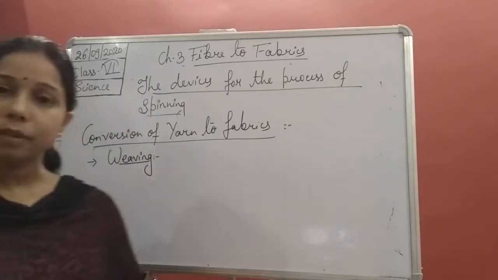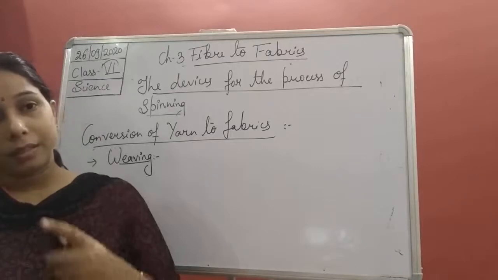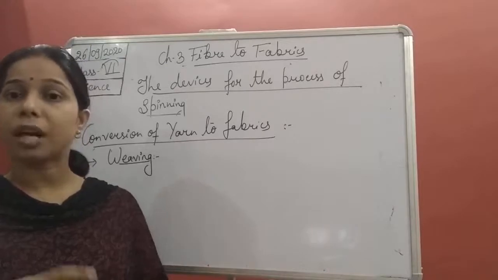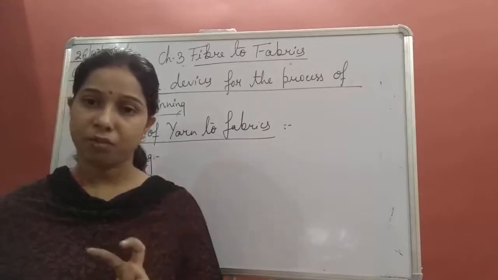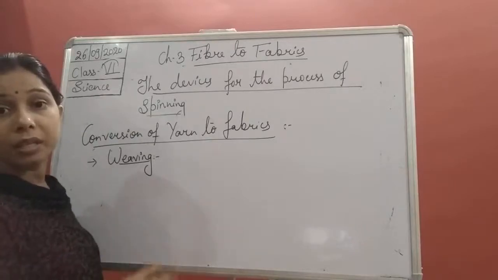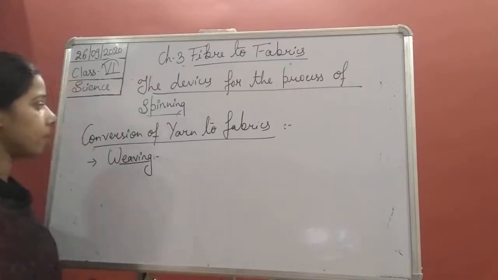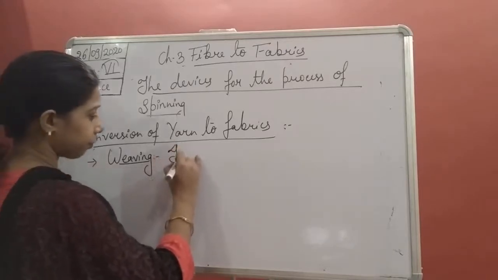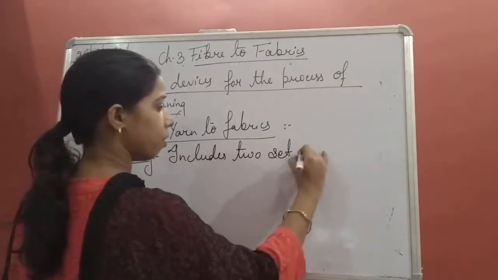In case of weaving, students, what we have to understand is that yarn to fabric is there. It means we need yarn to convert it into fabric. For that we need two sets of yarn. Remember that in weaving, we need two sets of yarn for the process. So we can write that weaving includes two sets of yarns,